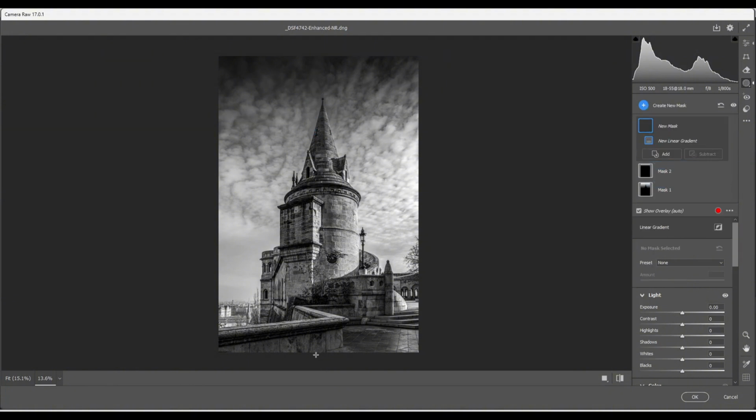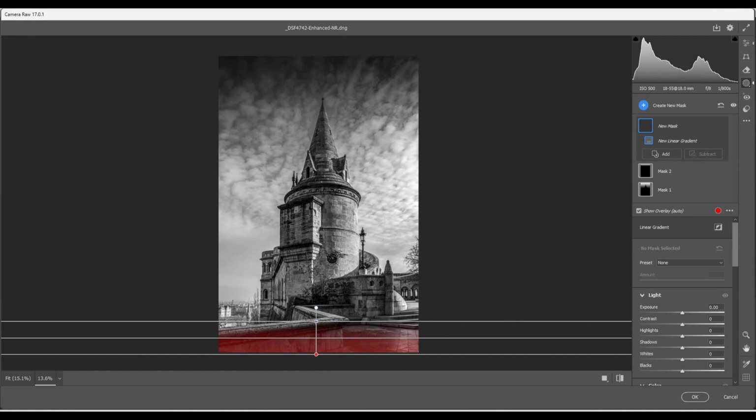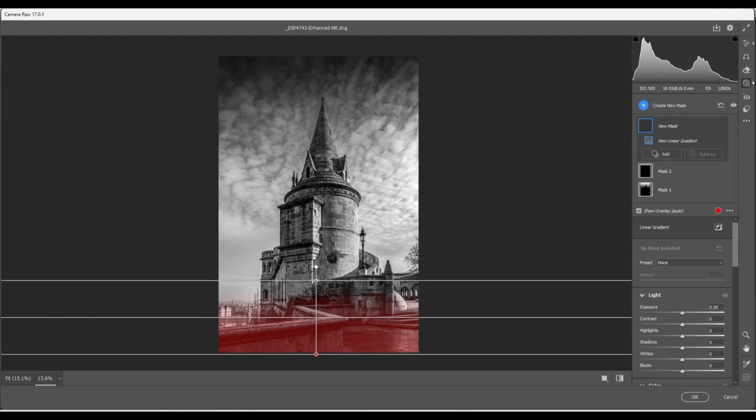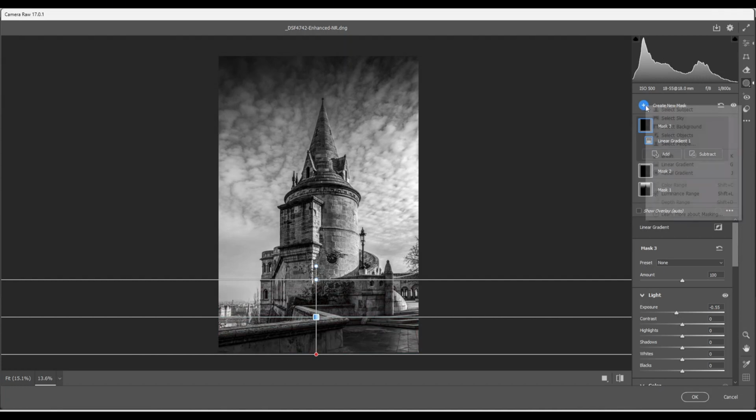My method is nearly always the same with my images, depending on the image. I'm going to reduce the exposure here as well. I use one linear gradient for this image, and next I'm going to use the brush,